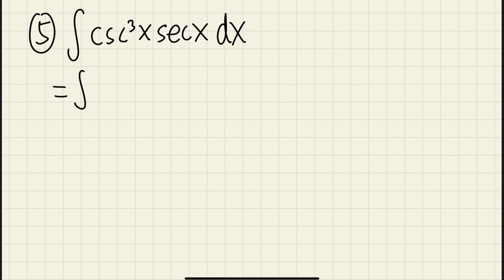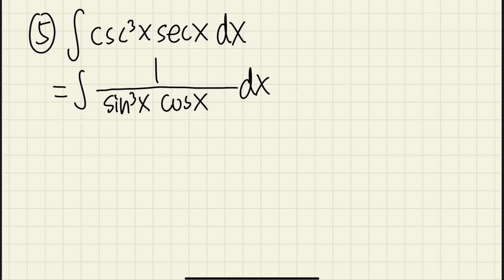So I will rewrite this as the integral of 1 over sine to the third power x times cosine x dx. For now, we cannot do u sub because unfortunately the cosine x is on the bottom. Do not say u is equal to sine x. That doesn't help. What we are going to do is look at the 1, because everybody knows